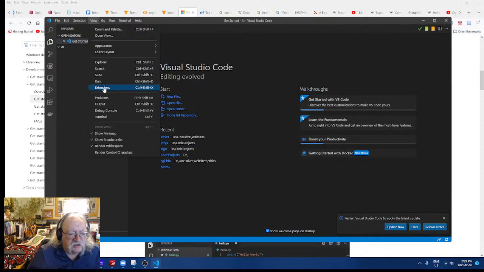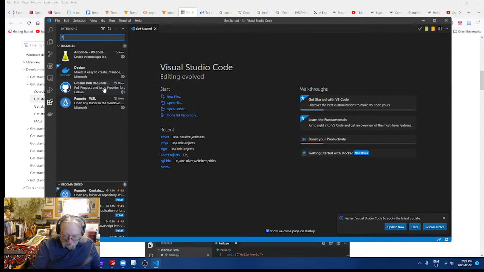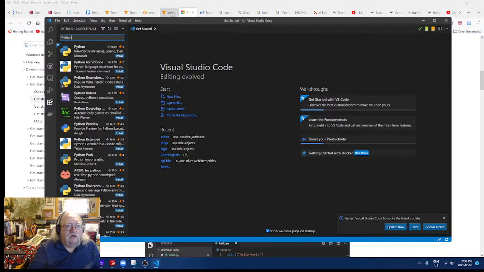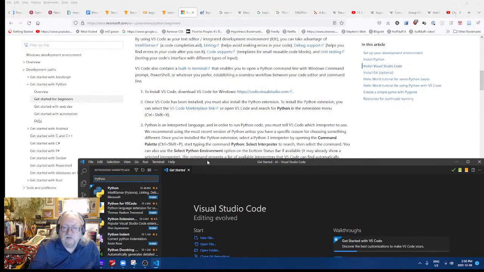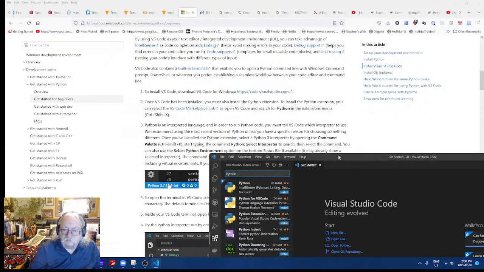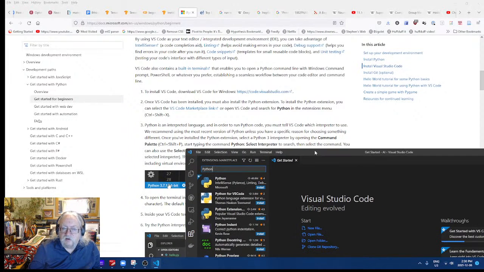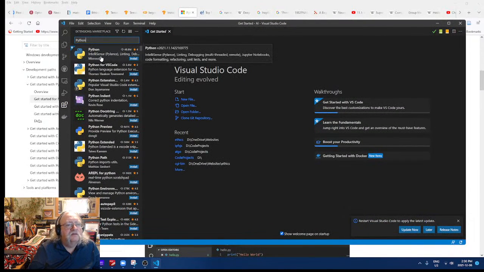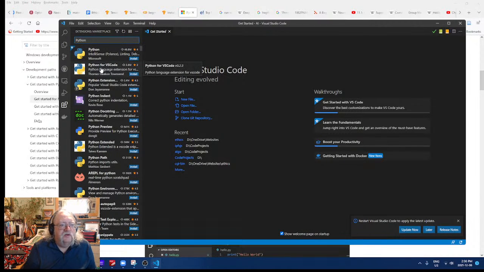Extensions. View extensions. All right, let's look for Python. Okay, and there's a ton of extensions. Search for Python. I guess just Python. Or Python for VS Code. Or Python extension. We don't know which one.